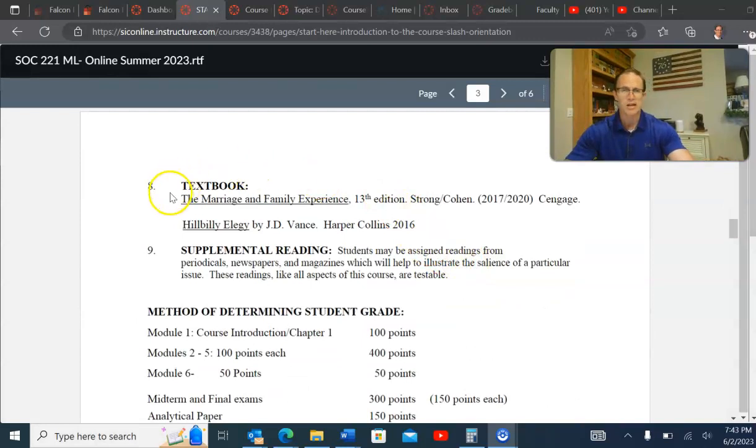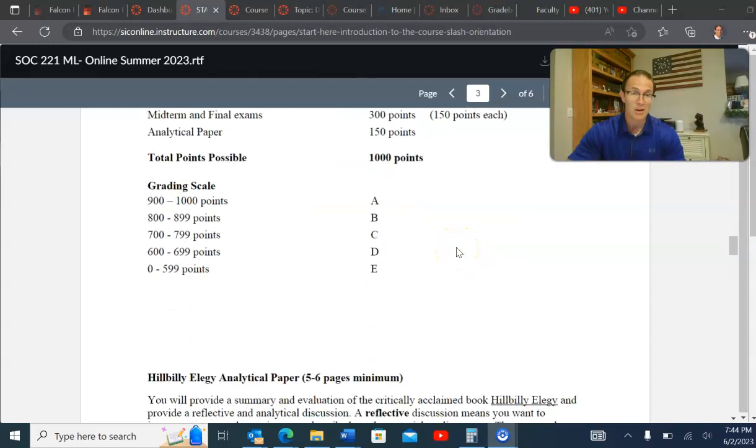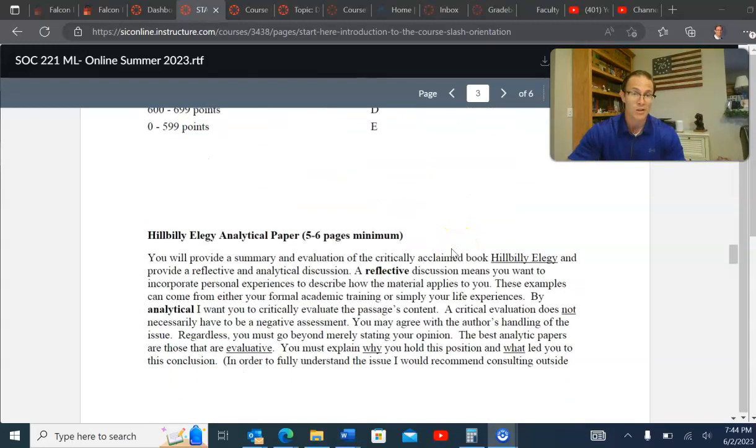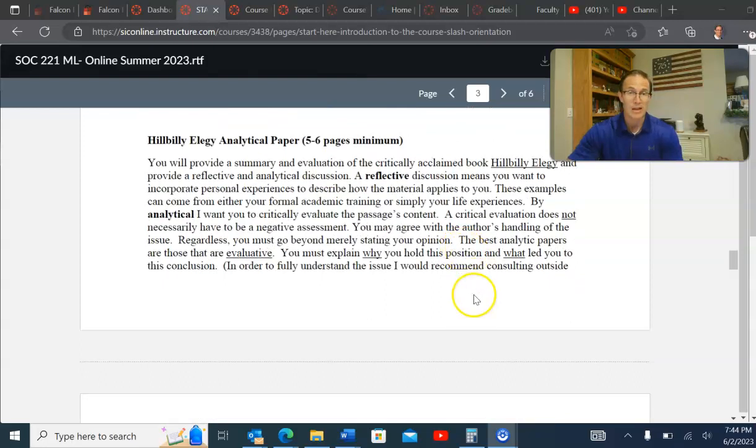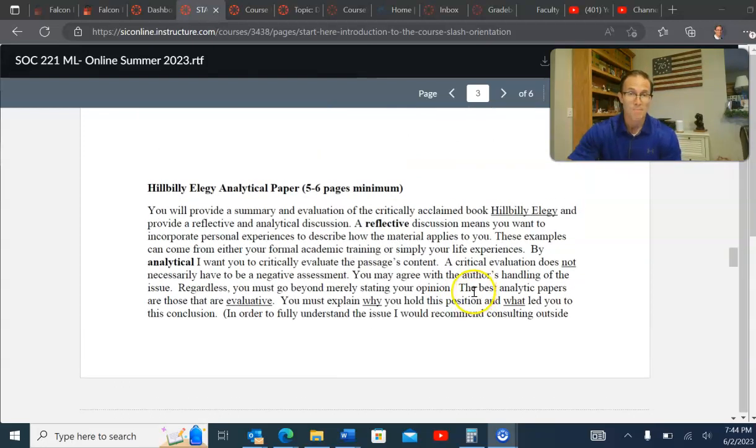And then here, in terms of your textbook, this is the actual authors, The Marriage and Family Experience, 13th edition, Strong and Cohen, and then Hillbilly Elegy by J.D. Vance, which is, by the way, a terrific book. A terrific book. And if you come down here, we've got this grading scale. You can look at that a little bit at your leisure. I do want to talk about this book, and there's also a paper you're going to write on the book,